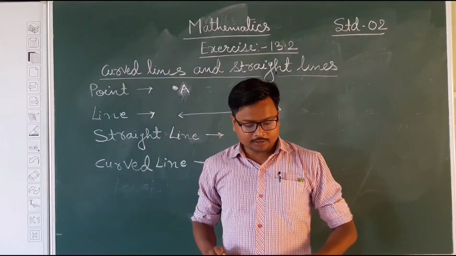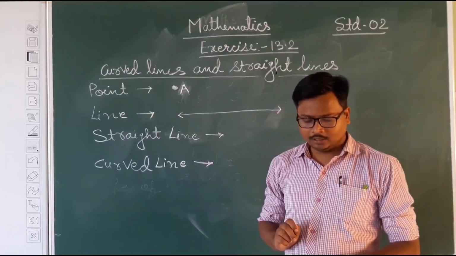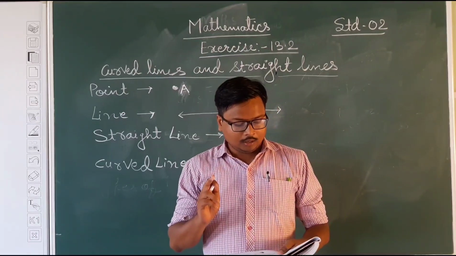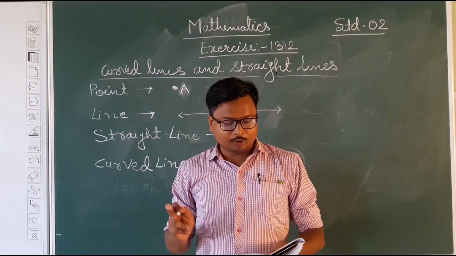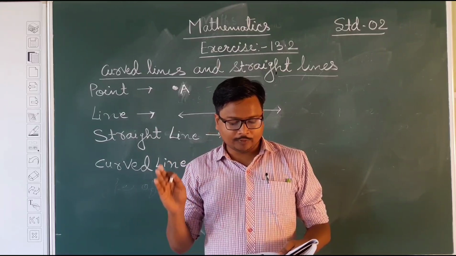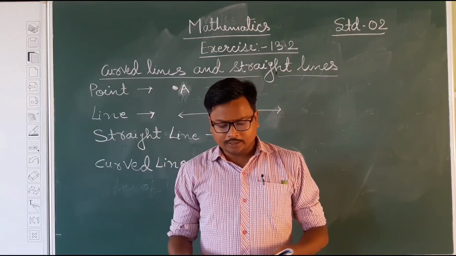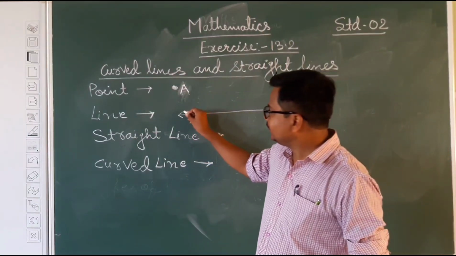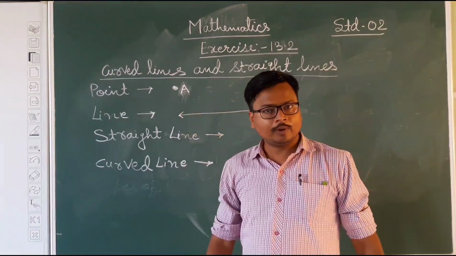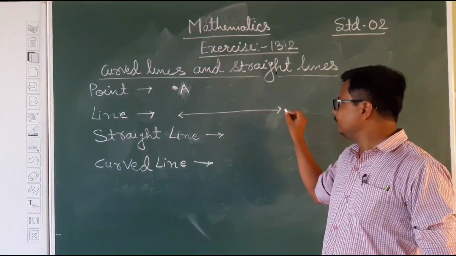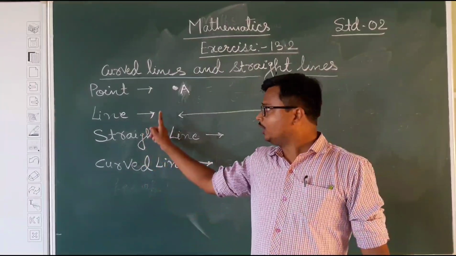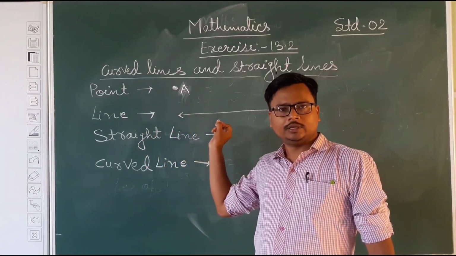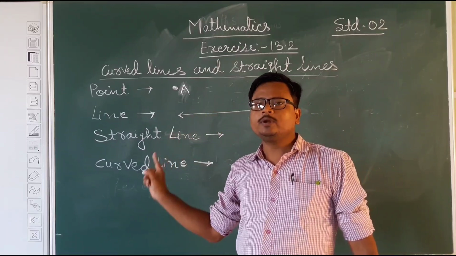Okay. Now let us come to next one, that is line. So what is line? As you can see in your book, this can be drawn with the help of a ruler, straight edge of a notebook or a pencil book. So let us draw a line as it is already drawn here. So as you can see here, in this side I have given arrow mark, and this side also I have given arrow mark. So this is called line. If arrow mark is not given in any of the end point, it will not be called as line.